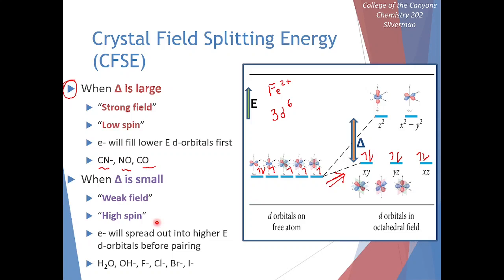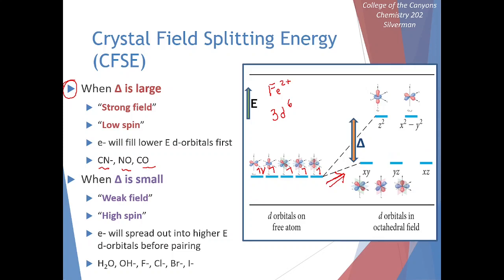The reason here is because that delta is small. The price in terms of energy of putting an electron up high is going to be smaller than the price of putting 2 electrons into that same orbital, right? The repulsion from pairing electrons up. In our iron example,